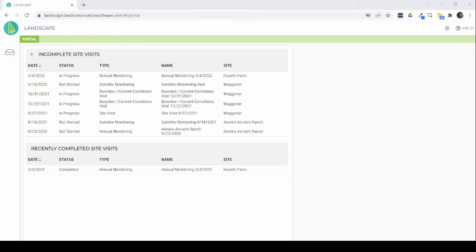Okay, so now that we're back at home or back at the office and we've synchronized the app by opening it up and clicking on that sync button, we are ready to generate the report. So log into the Landscape website by going to